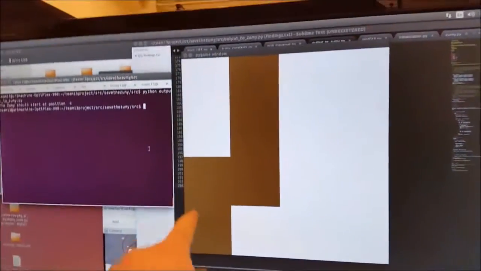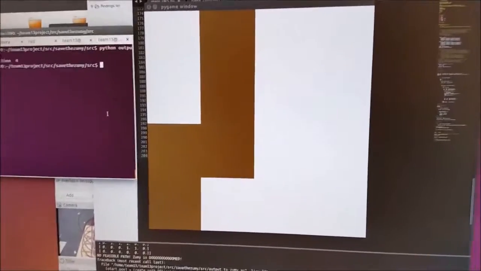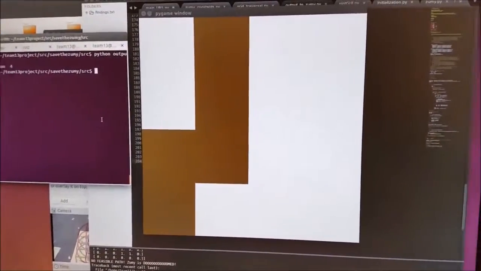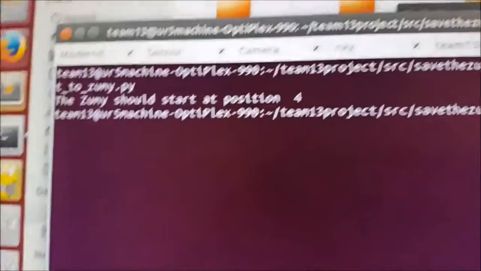So now I'm going to go back to the computer where we have a GUI representation of what we've tested. So as you can see, the UR5 has identified the path of wood blocks, similar to how I just showed you on the actual path. Everything in brown is wood, while everything in white is foam. And then over here, it has outputted that the Zoomy should start at position 4, which is where I showed you